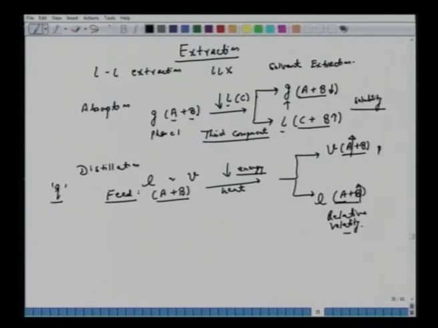And we have phase 1, phase 2. Phase 1, which is a gas phase, and phase 2, which is liquid. We have phase 1 for the vapor, phase 1 for this liquid. The difference is here we are adding energy. Here we are adding a third component, water. All right. Let's see what happens in extraction.